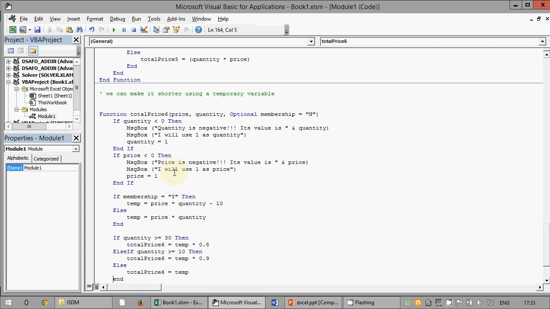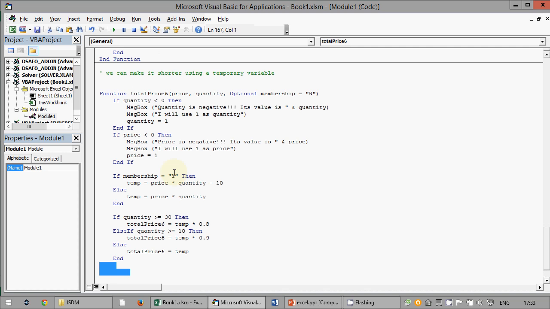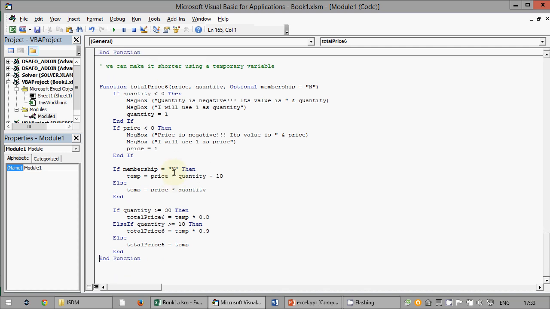End. Okay, so built in this way, it will be a little shorter. Okay, for sure, much more comprehensible.